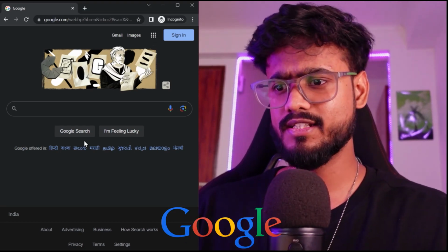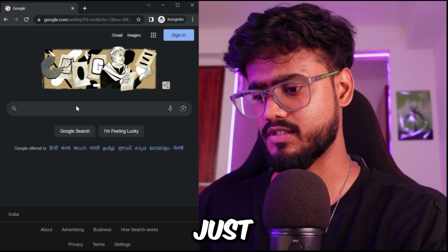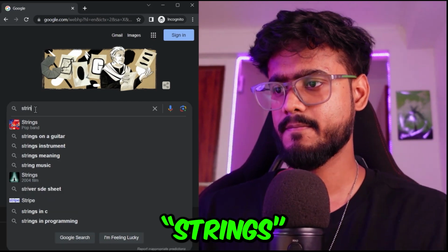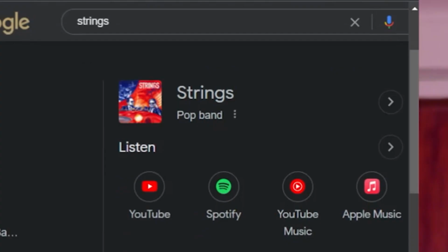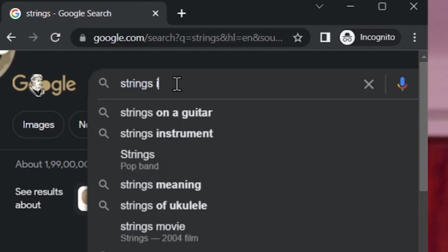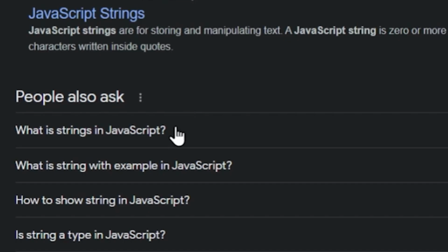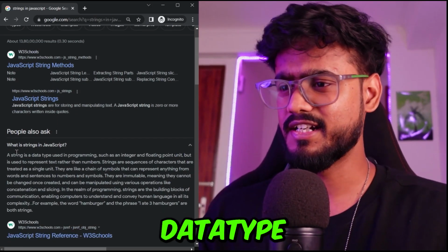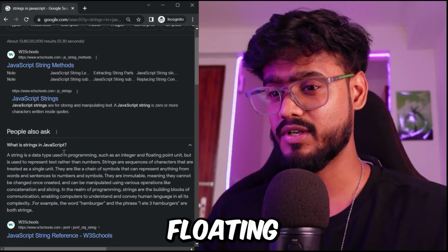So let's first try to go to Google and search what are strings. So I'm just gonna type strings. There we go. A string is a data type used in programming such as integer and floating point, but